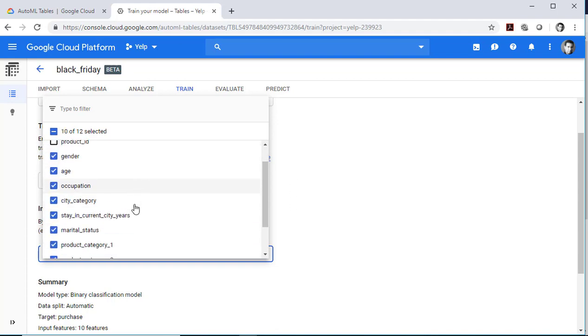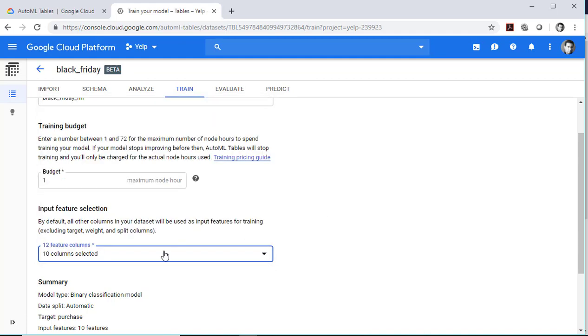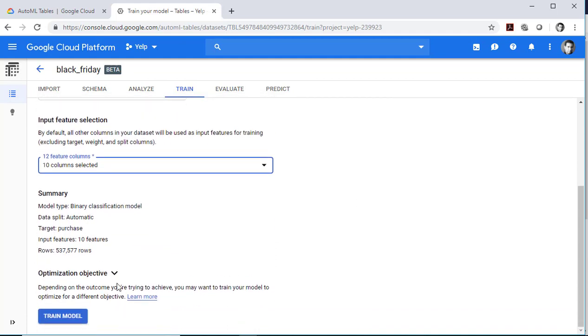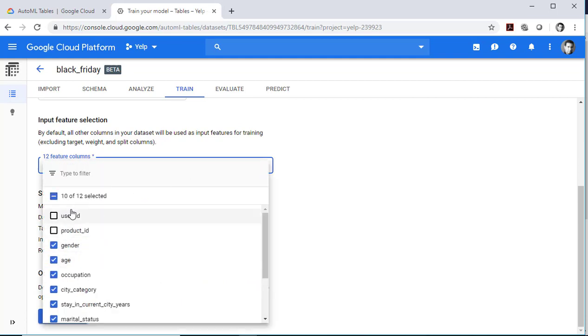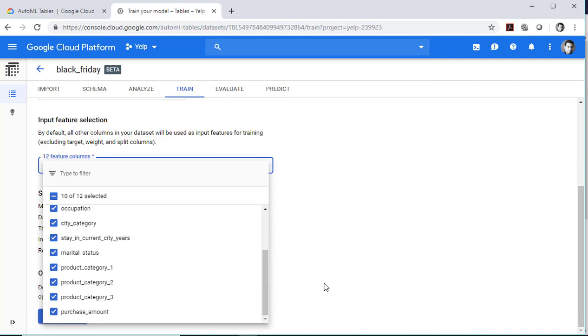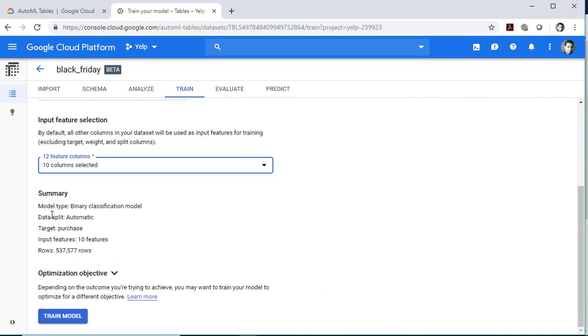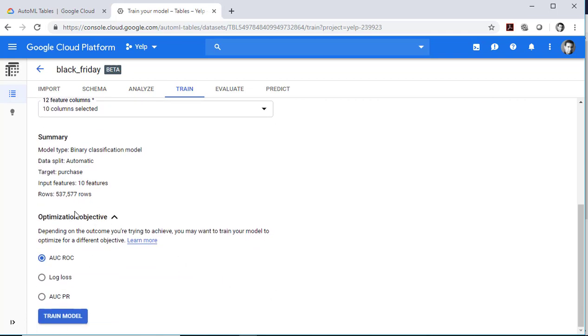So now I have the one I need, right? And then I just click train the model. The reason why I chose to remove user ID and product ID is because they have no importance in my model. I want to keep the default features, and I'm going to explain what the differences are on the optimization objective, and I'm going to train